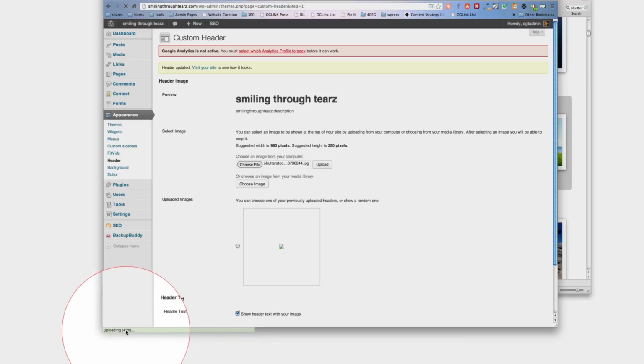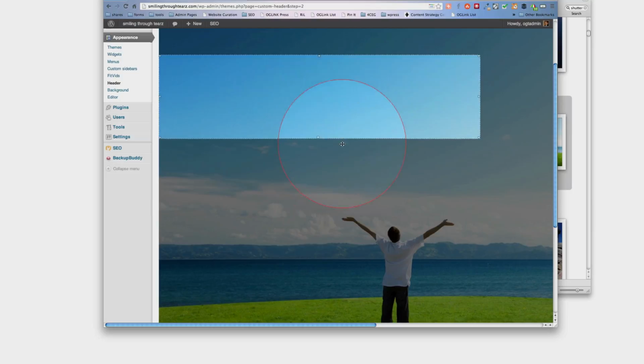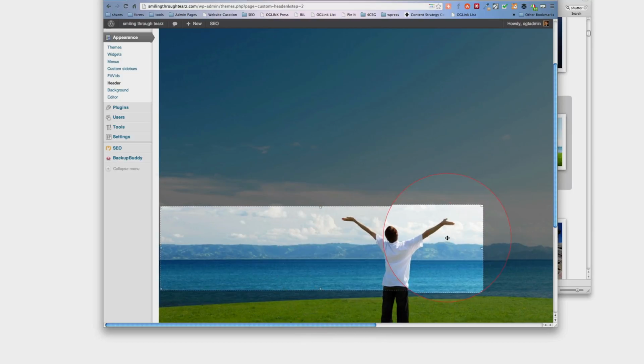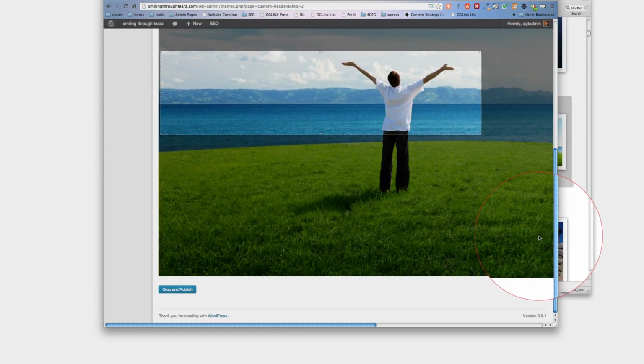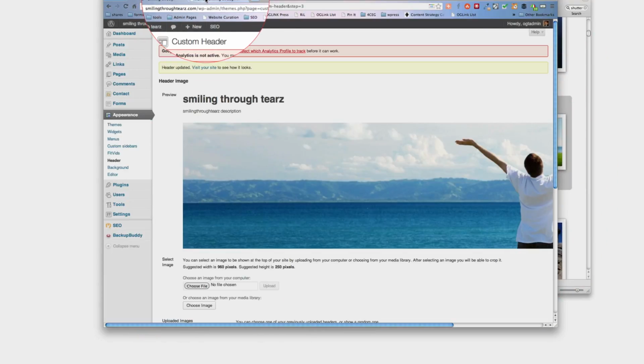Notice right here at the bottom, because I'm using Chrome, I'm seeing the upload percentage, and as soon as it gets to 100, I should be presented with the same image earlier where I can edit that picture and crop it. So there you go. Now this is a really big image, so you'll need to edit your pictures before you upload them. But in this case, I'm just going to click that, and at the very bottom you'll see crop and publish. So if you click on crop and publish